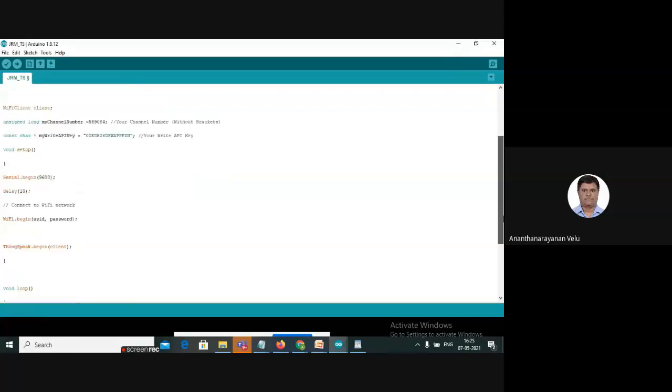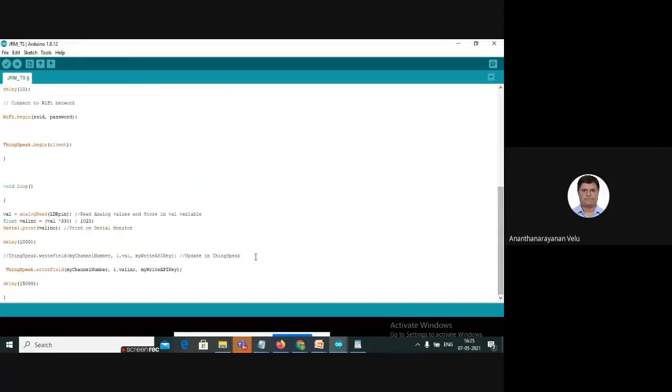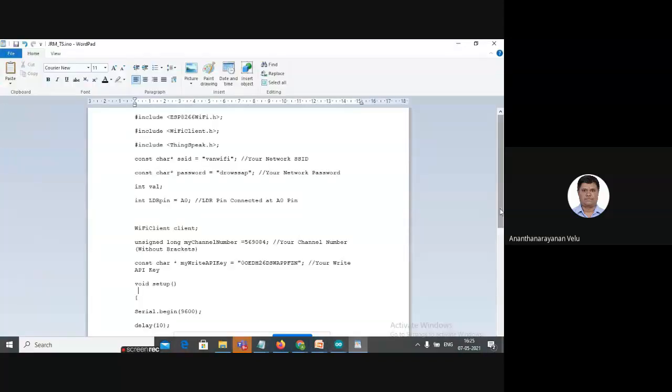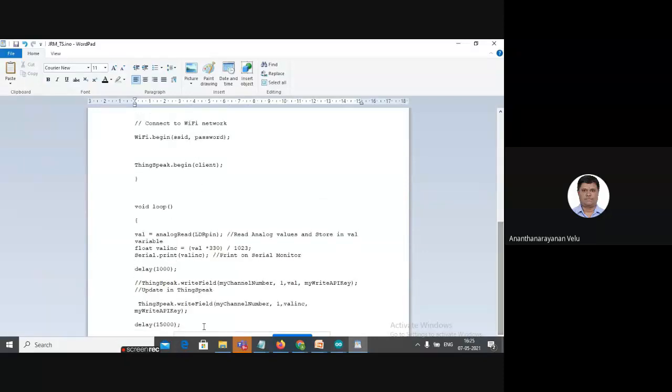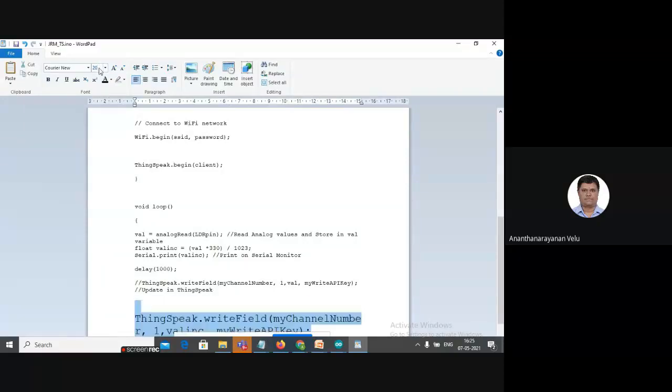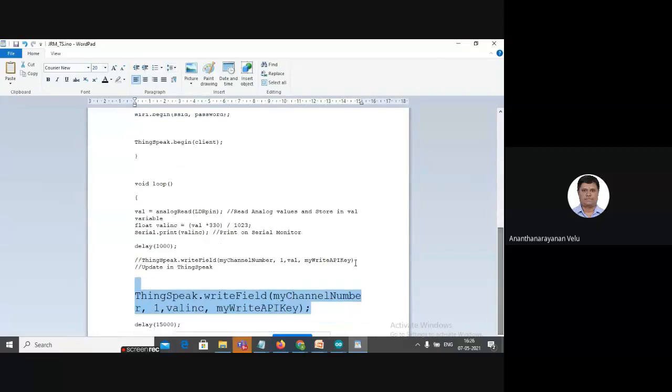The two more parameters, all of you write. This is a very, very important sentence here. The sentence is also displayed here. ThingSpeak.writeField. I will increase the font also. ThingSpeak.writeField. What are the four parameters we are passing?